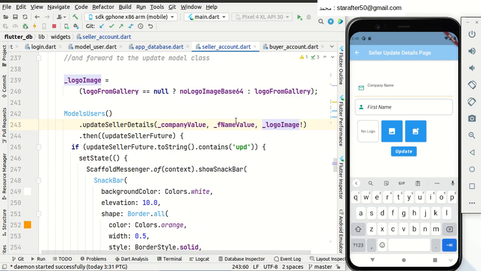So if the seller had picked an image, then we save it into this string variable. This is an if statement. Now what if it is null? If the seller didn't pick an image, or if the seller picked an image actually, but we failed to process that image,